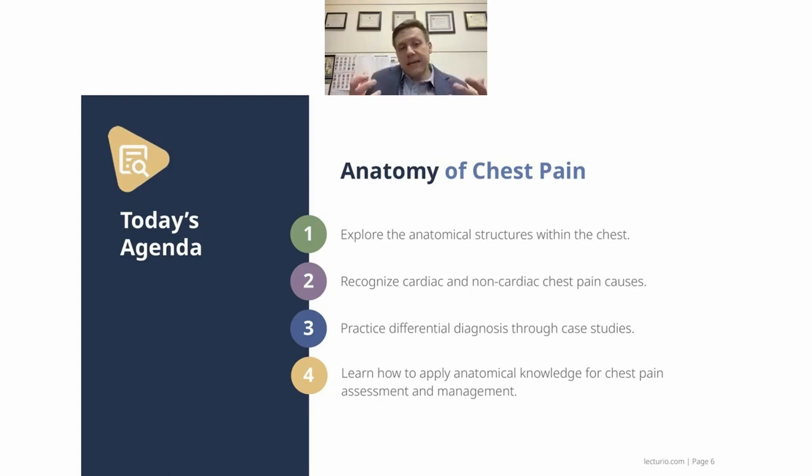And when we say chest pain, you probably jump to cardiac pain, which makes sense, right? There's a lot of reasons why you think that. A lot of it has to do with just how serious cardiac causes of chest pain can be. But we're going to cover cardiac, but also non-cardiac causes of chest pain. And in doing so, we're going to practice going through a differential diagnosis through a couple of mini case studies, more like patient presentations, and make the connection, especially if you're early on or have yet to begin your training in healthcare fields, to really understand how the anatomy connects directly into these clinical